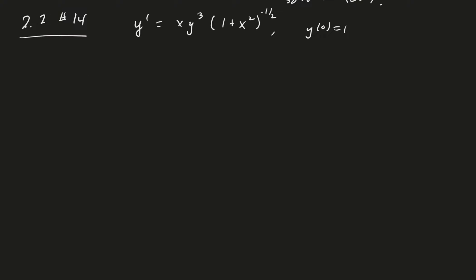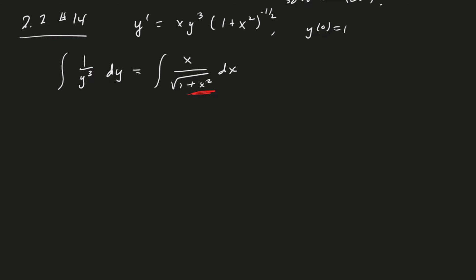So dy, what's going to go on the other side? I'm going to divide both sides by y cubed, and this side will have x over the square root of 1 plus x squared. And so now when we integrate both sides, that shouldn't be too bad. Are you thinking that that looks like a trig substitution? We're not going to do trig substitutions. I know you're disappointed. Well, okay, we won't do it. But how are we going to integrate that